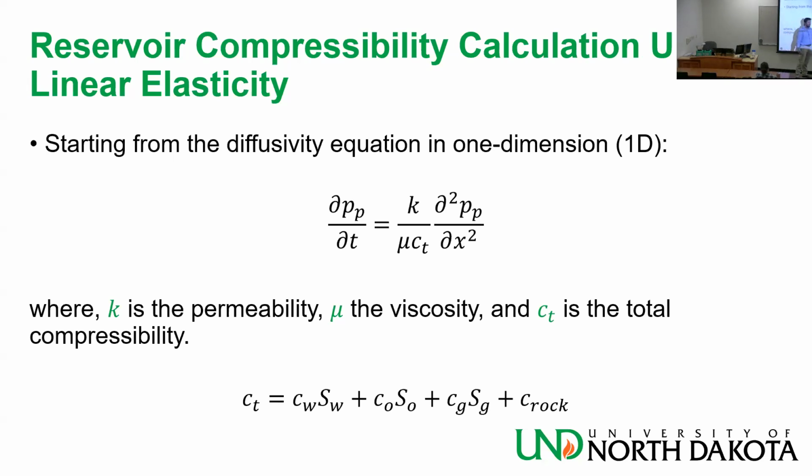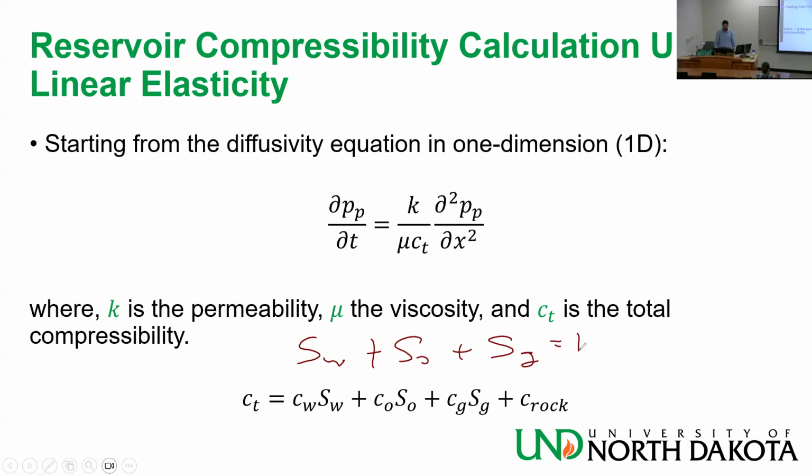You take the saturation of each phase, which is unitless, and it's a value that adds up to 1. So basically it's SW plus SO plus SG